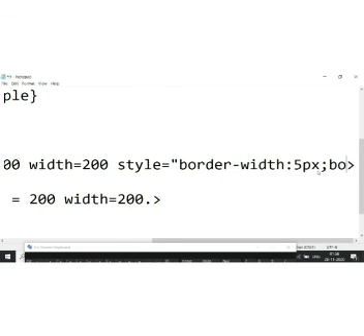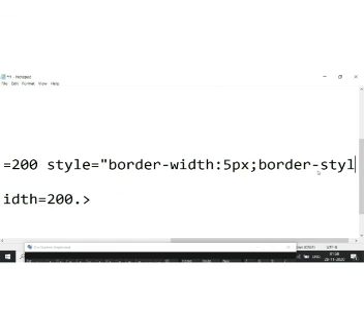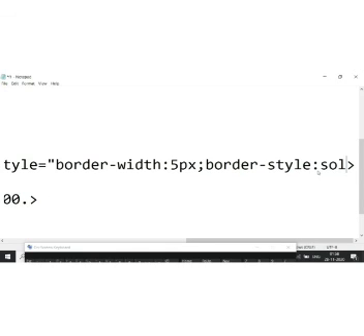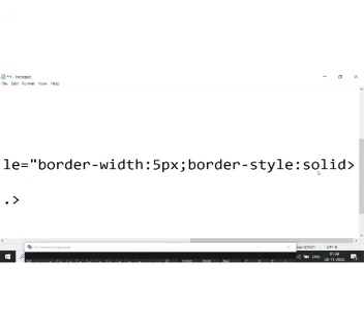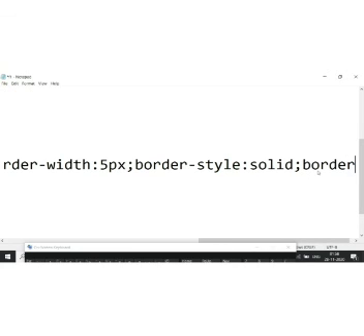The next property for border is border-style, so you can simply write border-style and then dotted or solid, whatever. I had already shown you the dotted one. Now I will write solid, then a space, then border-color.